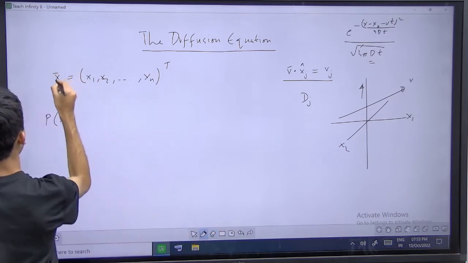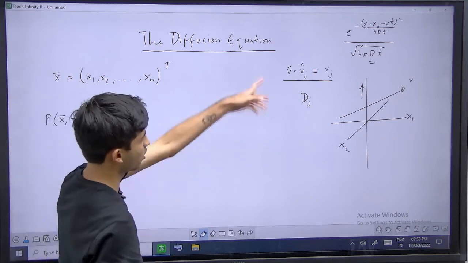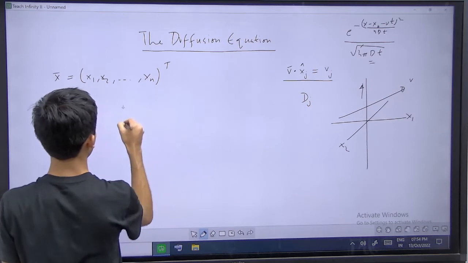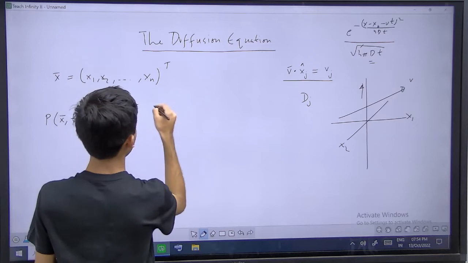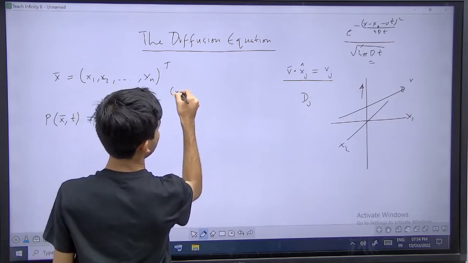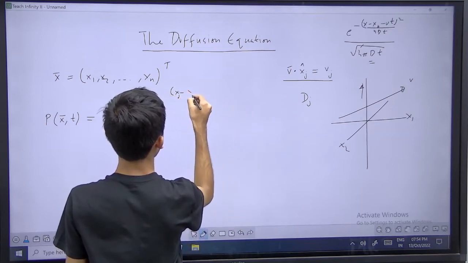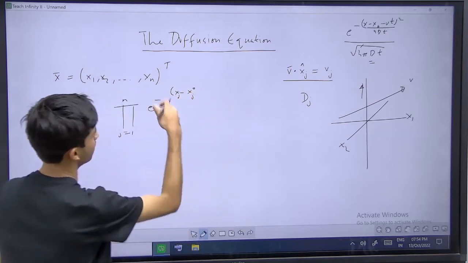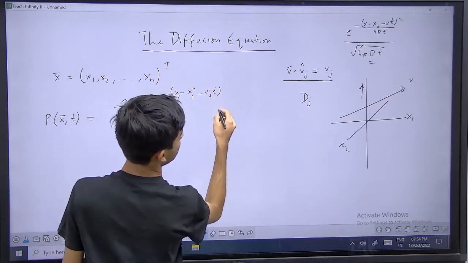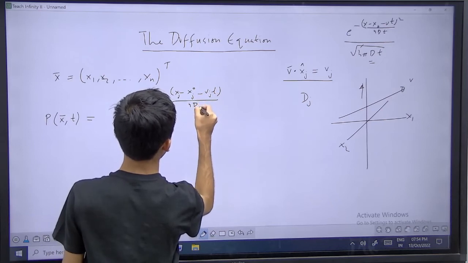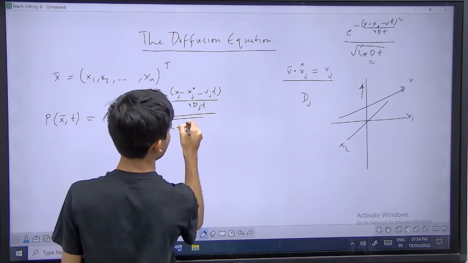Vector p of x, t as a product of all these individual e raised to minus xj minus xj naught, this will be xj minus xj naught superscript, minus vj t over 4 Dj t, with again the normalization 4 pi Dj t,